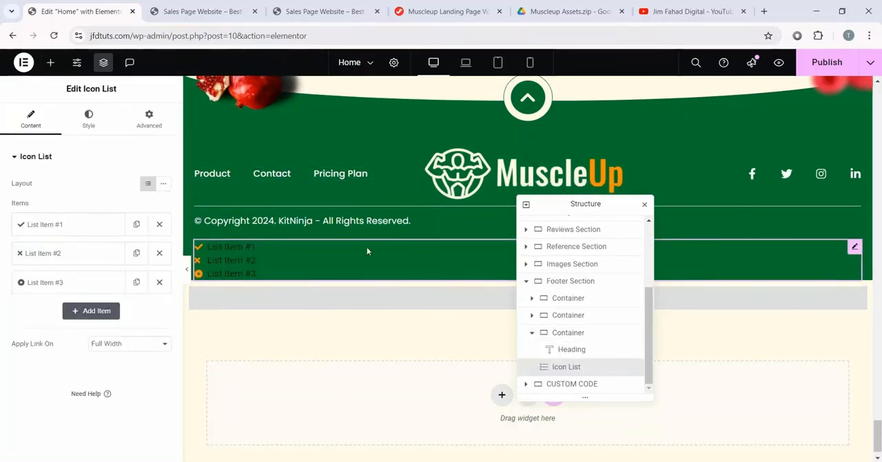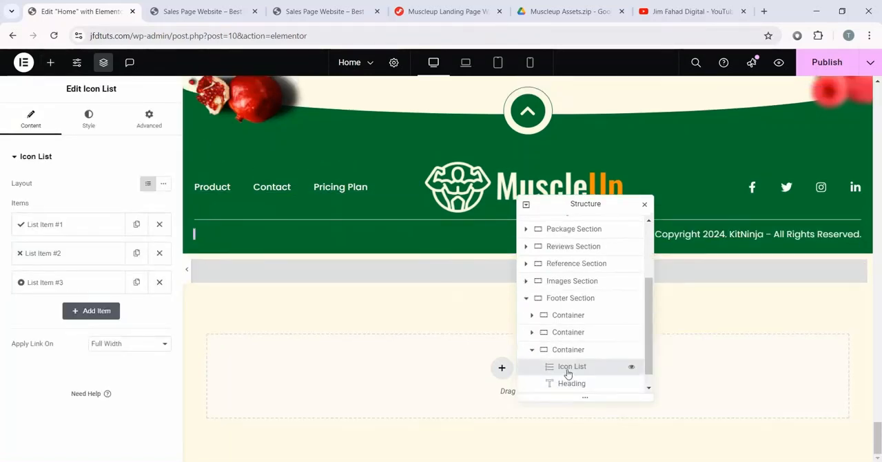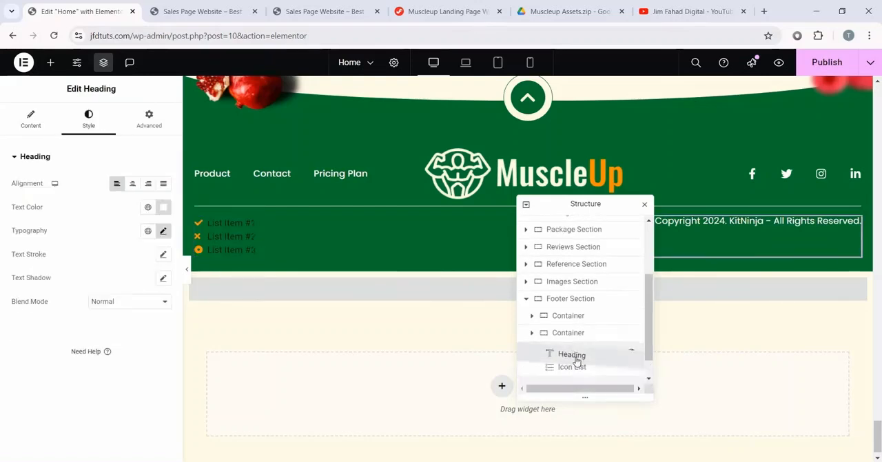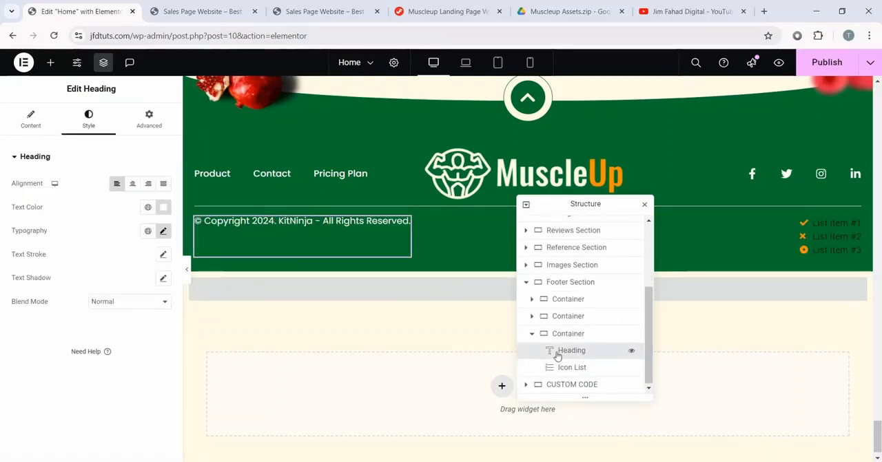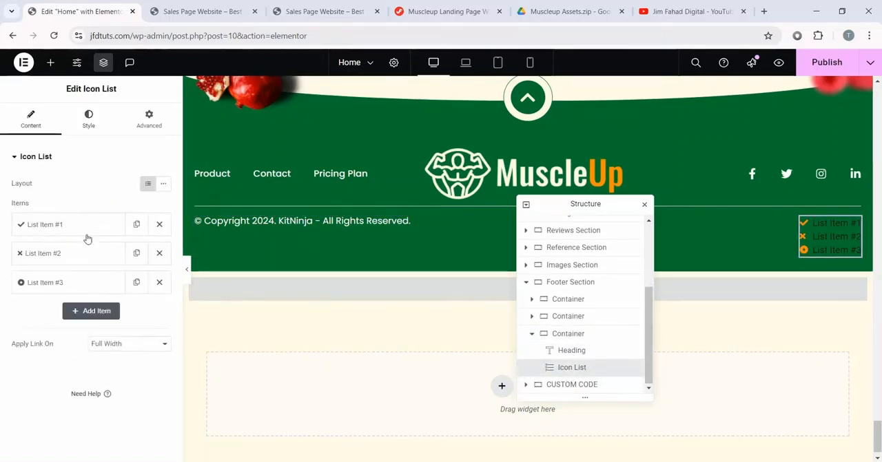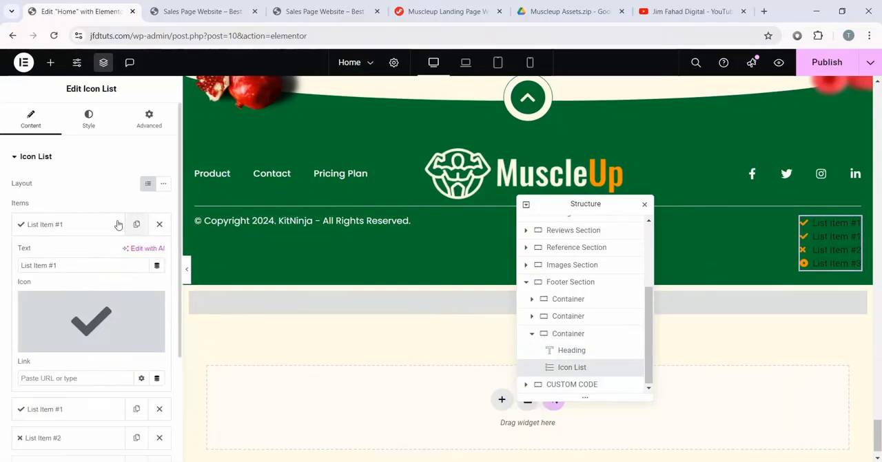And make sure you add the icon widget right after this text. So let me just bring it up quickly. Alright, so make it like this. First heading, then icon list in this container. Now let's go to the icon list and style this. But first let's remove the extra items